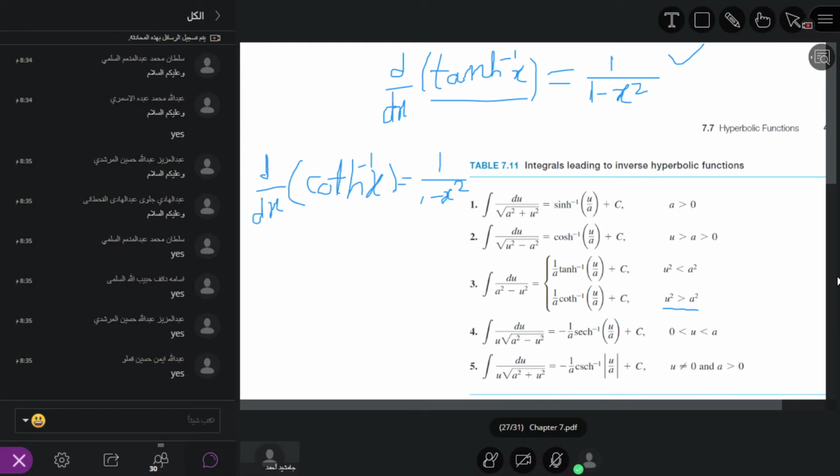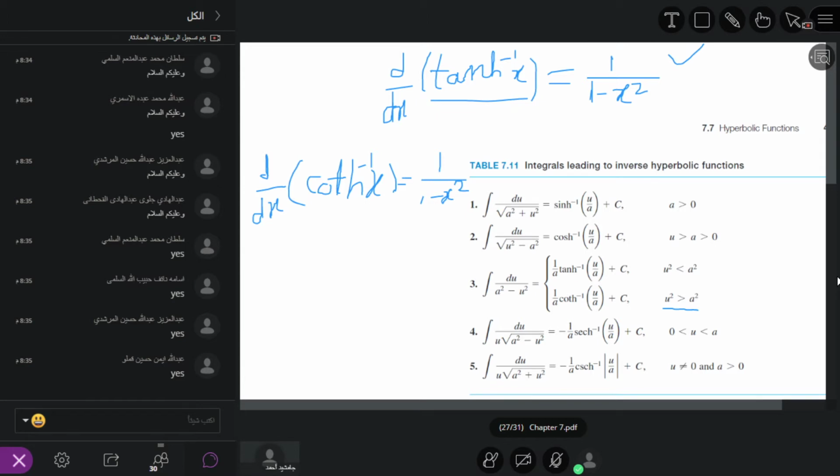So in terms of u, here we took a specific constant, which is 1, but for a general constant we have the integral of 1 divided by a square minus u square with respect to u equal to 1 over a tan hyperbolic inverse u over a plus constant,